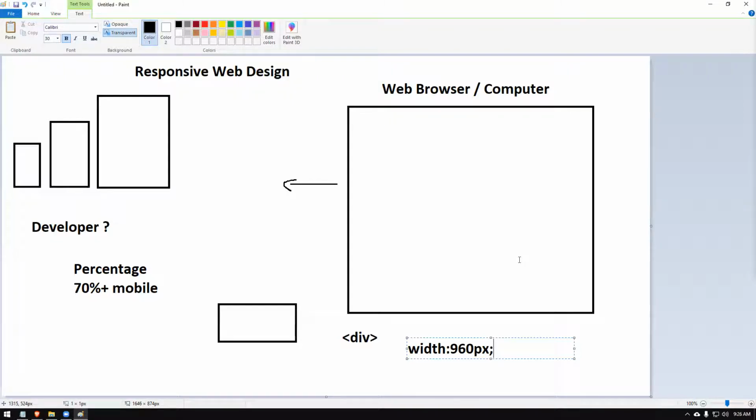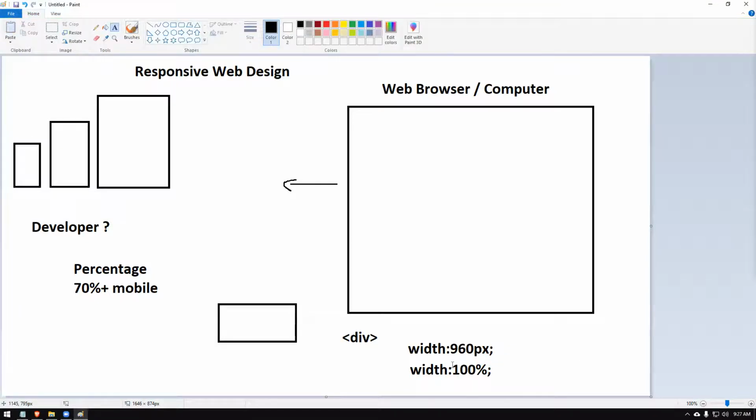So in order to overcome that, what you can do is, instead of giving fixed values like this, we can think of giving values in percentage. For example, if you give 100%, it's going to take the entire space which is available. So giving values in percentage is what is basically used in responsive designing. Now you might think, do we have to divide values and find out the exact percentage amounts and use them? The answer is no, because we're going to use something called the Bootstrap framework.